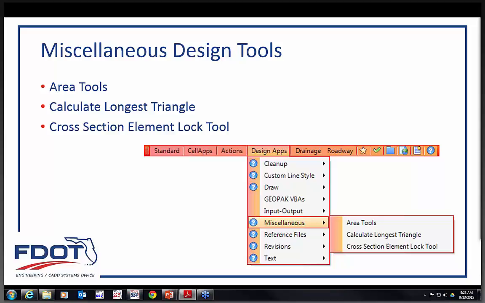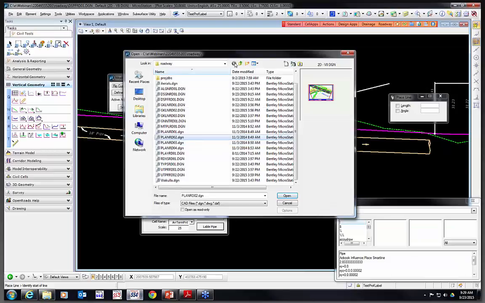Next on the list are the miscellaneous design tools. There are three different tools under here. There's area tools, calculate longest triangle, and the cross-section element lock tool. So let's go back into MicroStation and open up